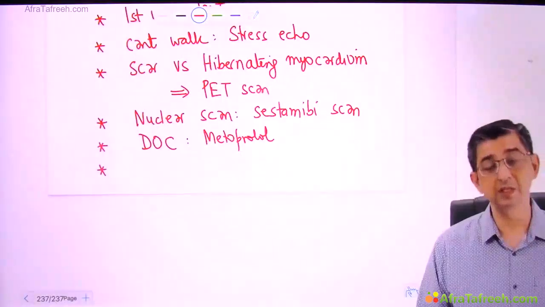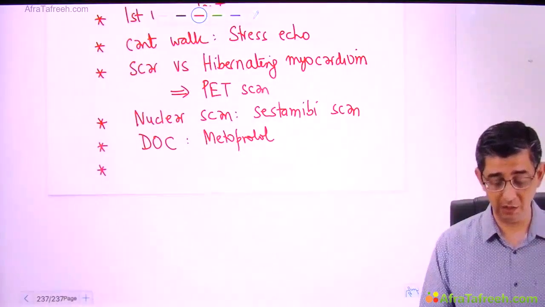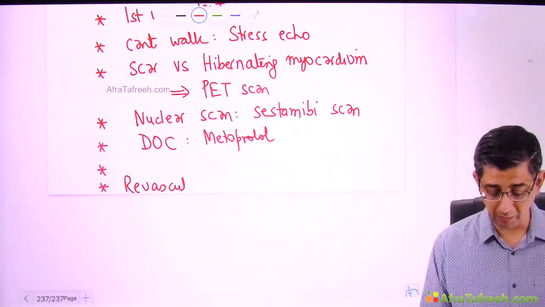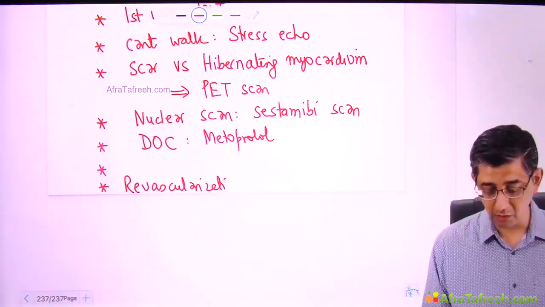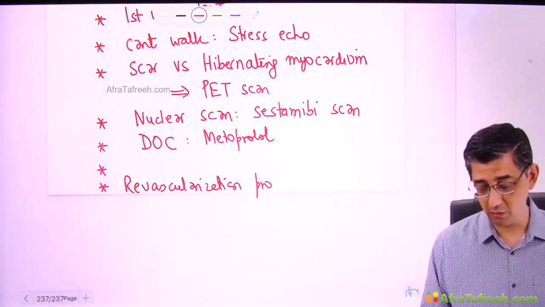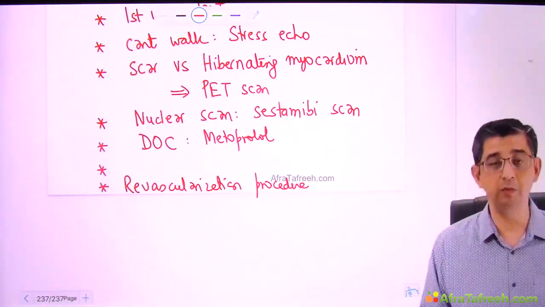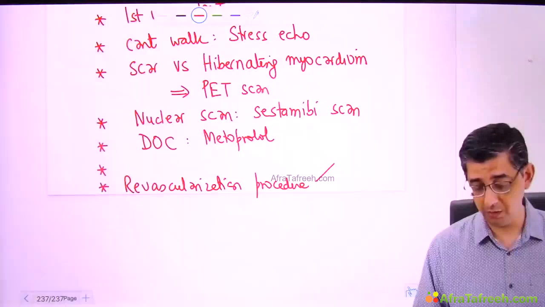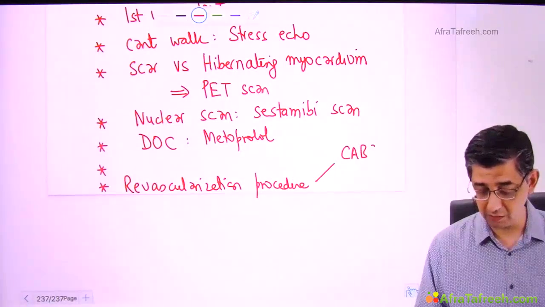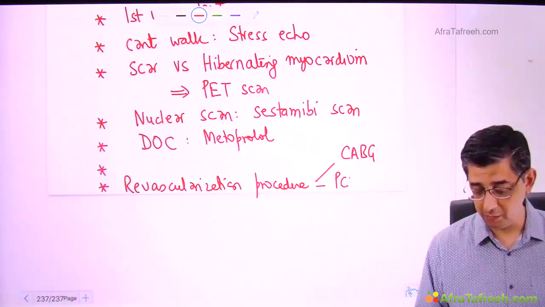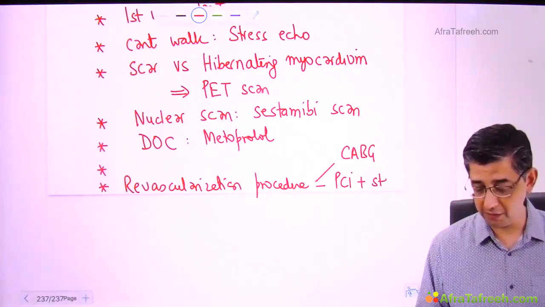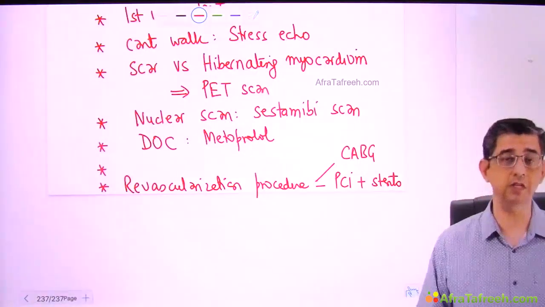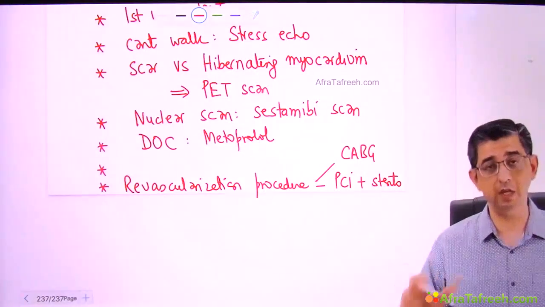If he asks what is the revascularization procedure required for the person, that's one of the important things I want you to remember. Whenever he's asking about a revascularization procedure, always look at the number of blockages or which blood vessels are involved. There can obviously be two possibilities: either the answer will be CABG, or it will be percutaneous coronary intervention with drug-eluting stents. The scenarios I've already explained to you: PCI stenting will be for single vessel disease and double vessel disease.